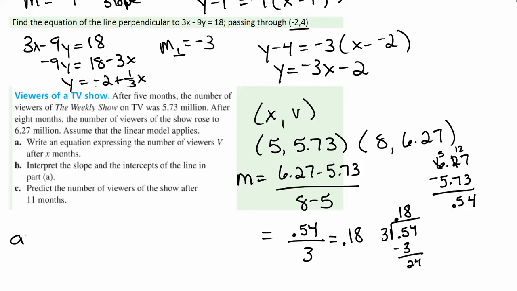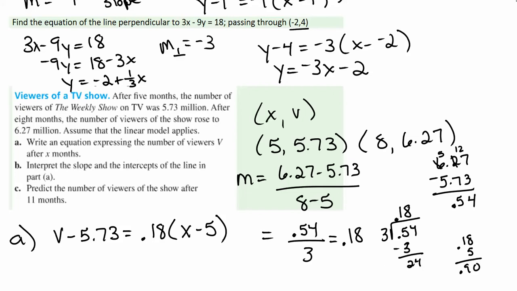So your equation for your line is going to be V minus, and you choose either point, so I'm going to choose the first one, 5.73 equals, so this is like y minus y1 equals m, which is 0.18, times x minus 5. So we have to do a little bit of work here. 0.18 times 5 is 0.90. So we have V is equal to